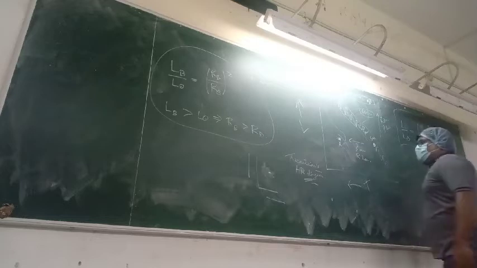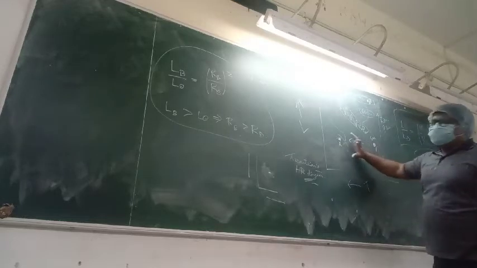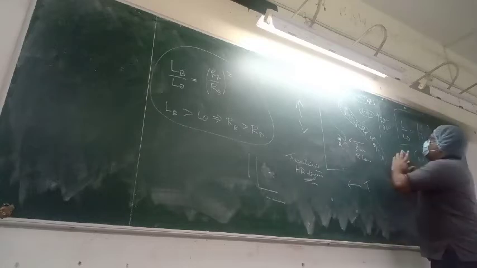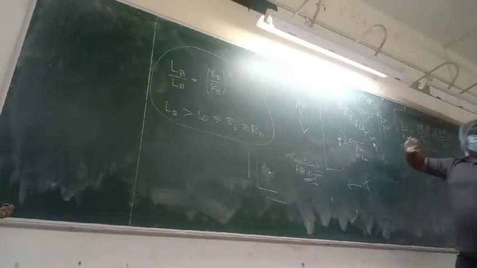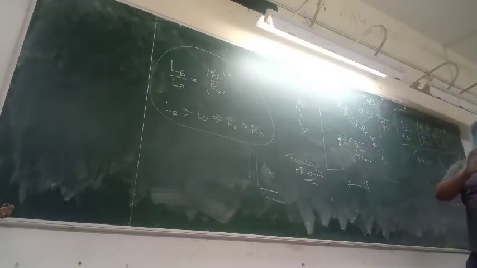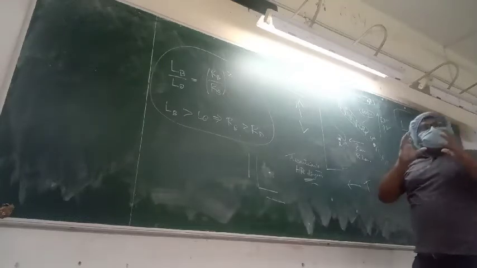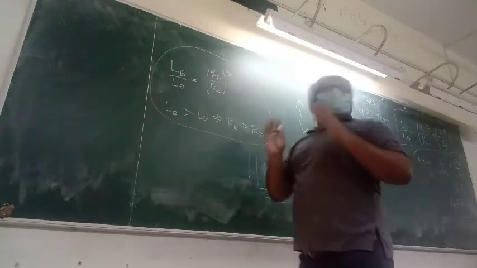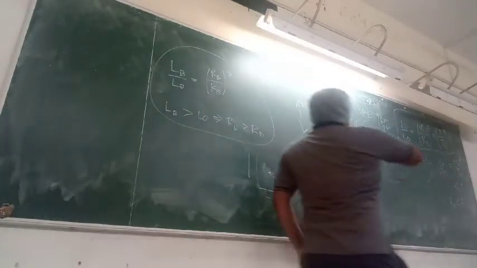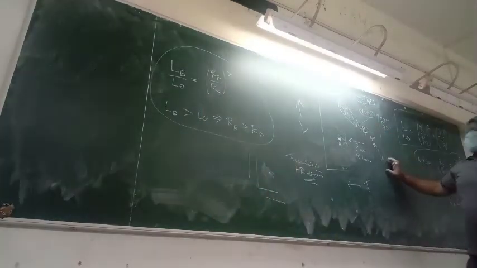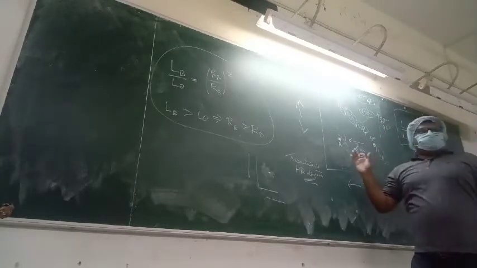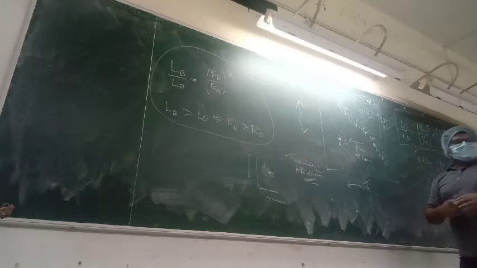So, I have talked about this structure change, how the radius decreases, how here the radius increases and all that stuff. Now let us concentrate on the most important part of the HR diagram, where the stars spend most of their time, and that is this main sequence. 90% of the stars are there. So, what is the importance? What can we infer from it?